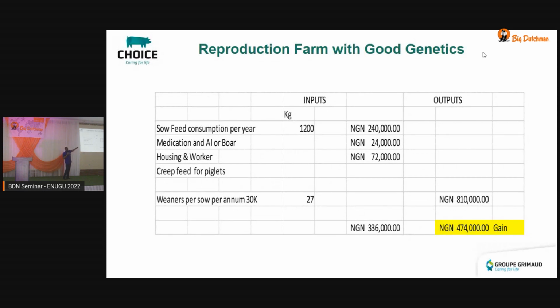I think it is well established that a sow will eat 1,200 kilos per year. Okay, we all agree, right? One sow will eat 1.2 ton in a year. If it's 1.150, if it's 1.210, it doesn't make sense. Let's just take it for 1.2. All right? Then I multiplied and gave a value